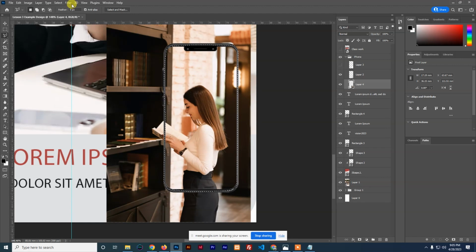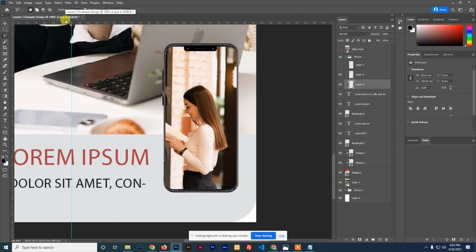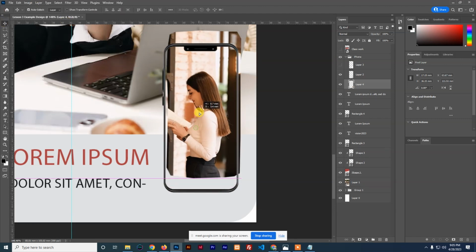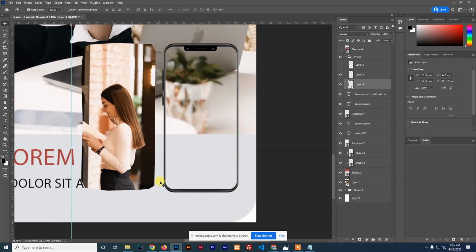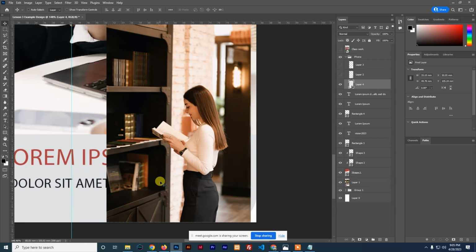So if I select, then I go to select inverse. I want to select the outside one. So you see, I get almost the same thing, but the problem of this, your image is cut into pieces. So there's nothing you can do with it. But now the way we had done this one,